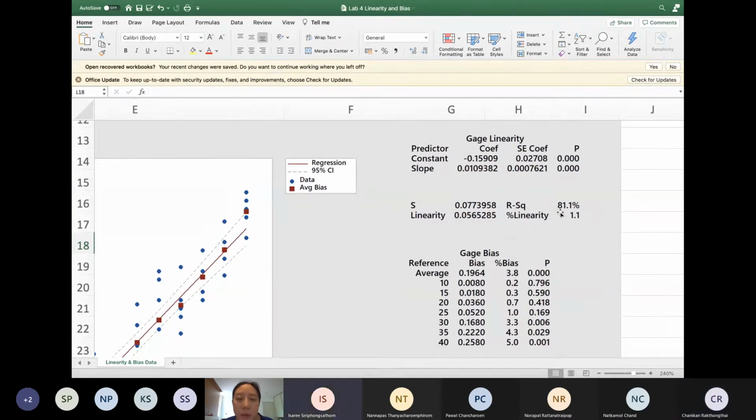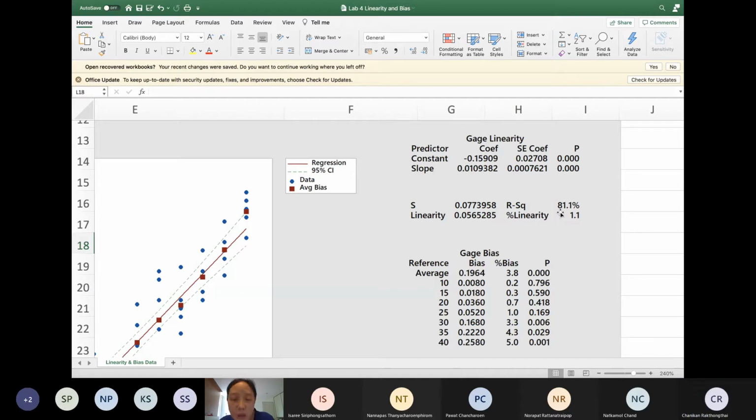Okay, everybody, do you see the R square number? R-squared is 81.1%. So you can say it like this: when you compare the p-value with alpha, you conclude that the linearity pattern is significant. Next, you can say that this fitted line can explain